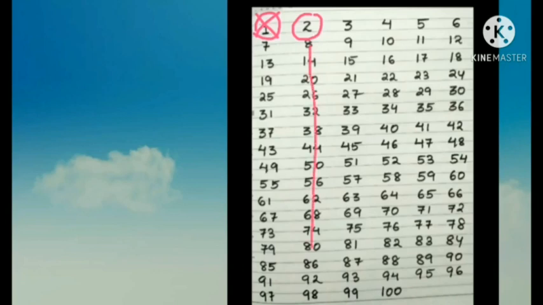We will cut all the numbers from 8 to 98 in this second column, except 2, which are divisible by 2. And here you can see that in the fourth column also, the numbers are divisible by 2. We will cut all these numbers. The sixth column is also divisible by 2, so we need to cut all these numbers as well. So we have already cut all the numbers which are divisible by 2 except 2.